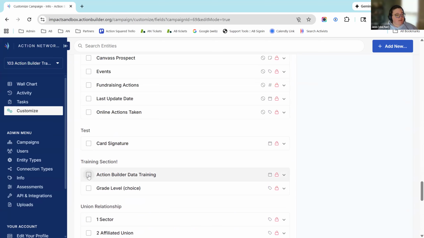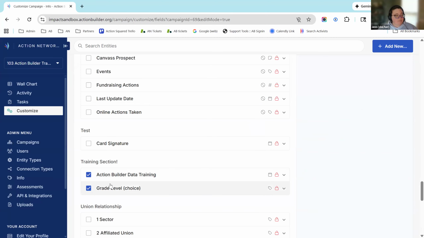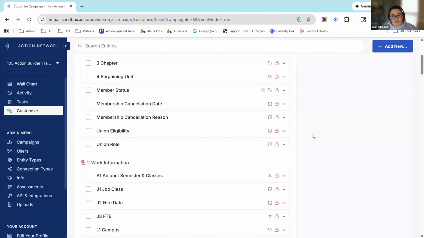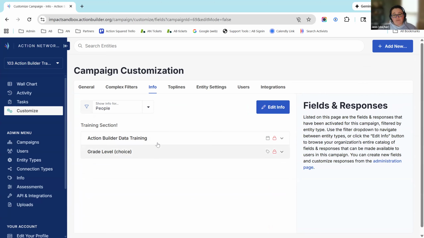And I'm going to check the box and turn on these two fields in my training section. And I'm going to leave all the others unchecked. And so now just those two fields appear in this campaign. And this allows you to create as many fields as you need, as if you have different campaigns happening, maybe